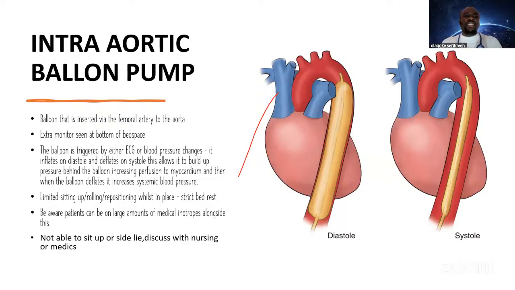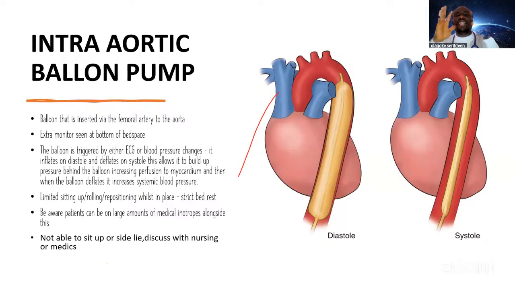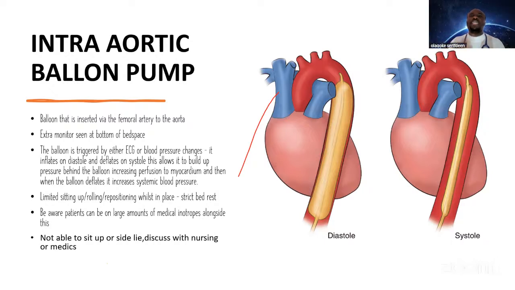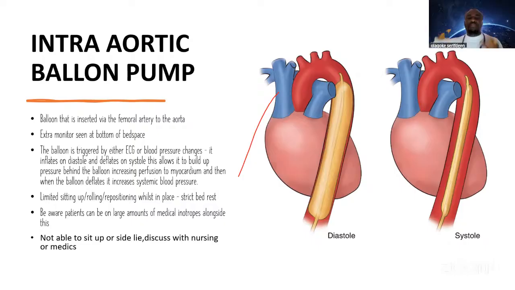So you can also find an intra-aortic balloon pump. Let me just keep these things very, very basic and simple. You can also find this pump in a patient. Let's say you've got a patient with an MI, myocardial infarction, or their coronary arteries are not working well, or a patient that is struggling. You know, the other time when I was explaining,